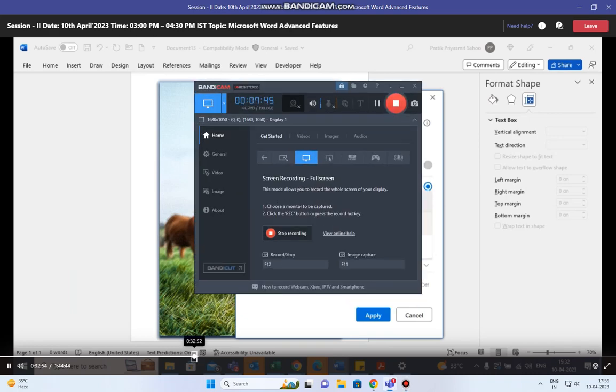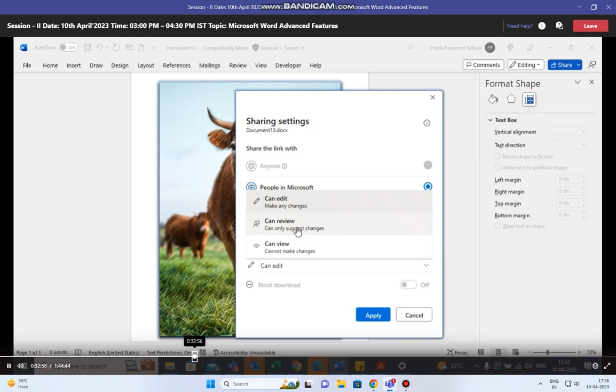Suppose once you have created your report, you have to communicate with your faculty about how the report is, and you want to get a review from him. In that case, you can directly go and share, and you can add the permission to can review, so that the other person will be able to review the particular document. Either way, if you want to give the other person a view permission only, you can give a view permission. If you want to give him an edit permission,